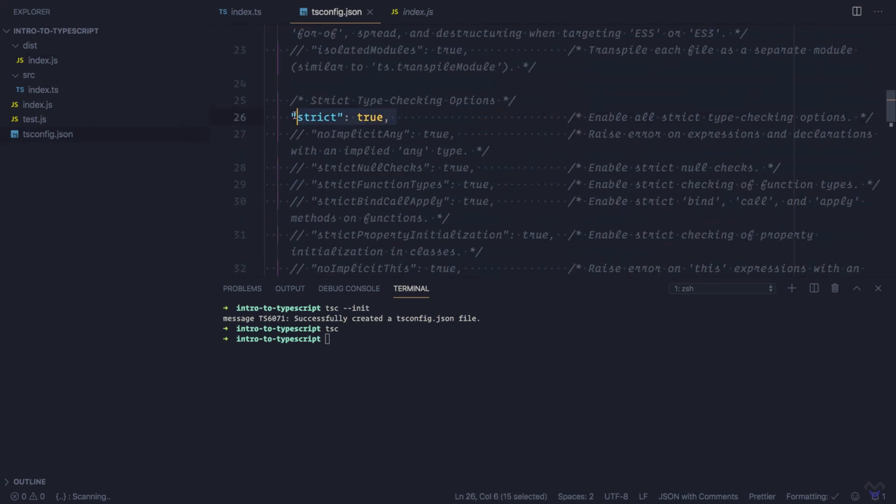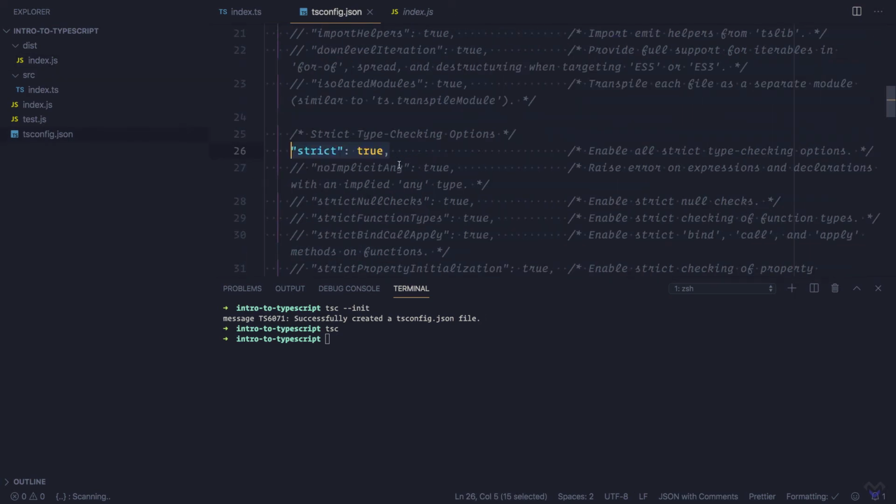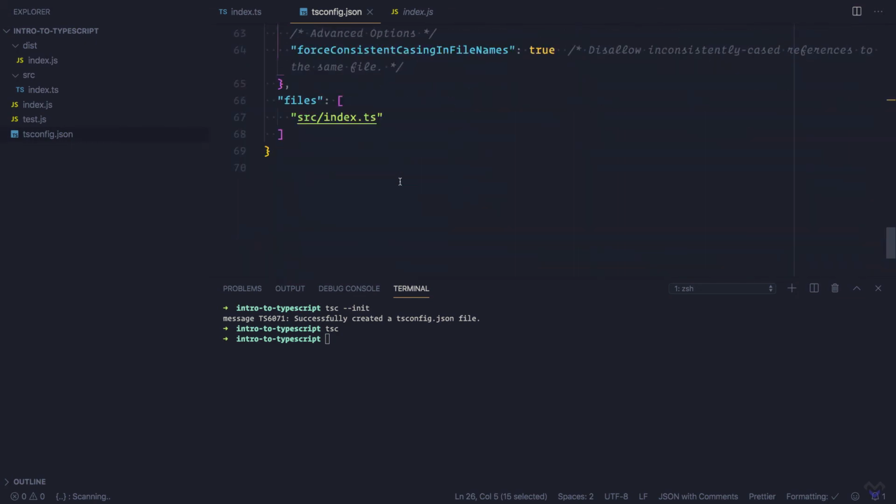because we specified in the tsconfig file that we want strict type checking. The other option is to make use of the include property. So let's comment this out. Include also takes an array, but instead of a list of file paths, this takes a list of glob-like file patterns, such as